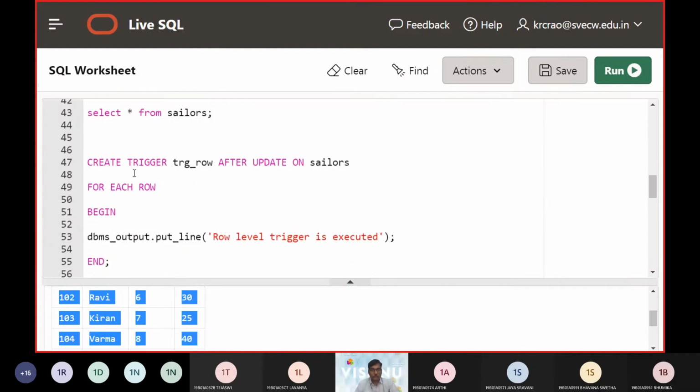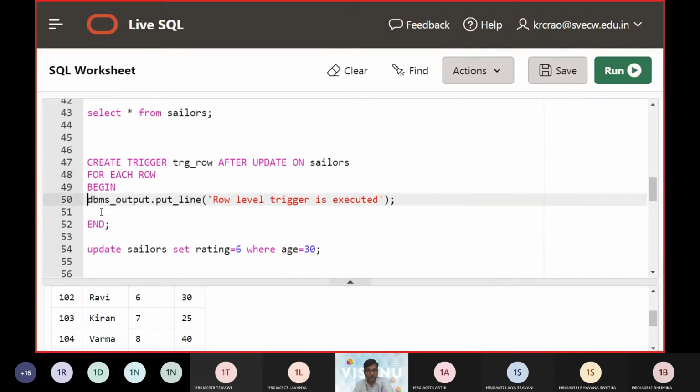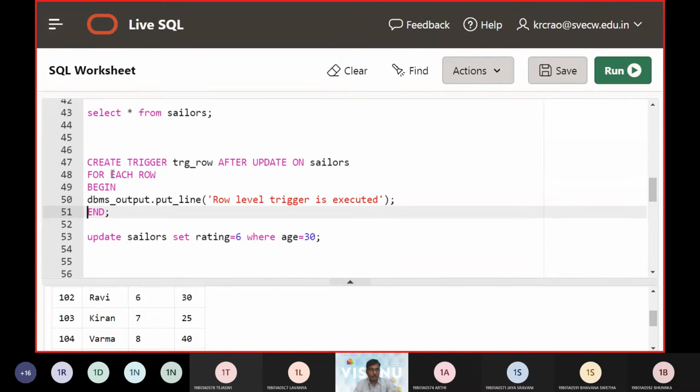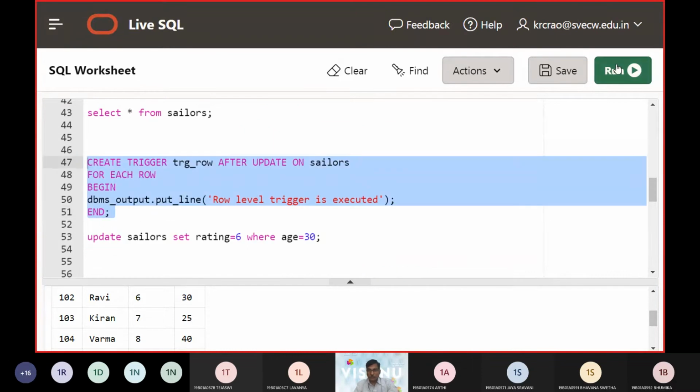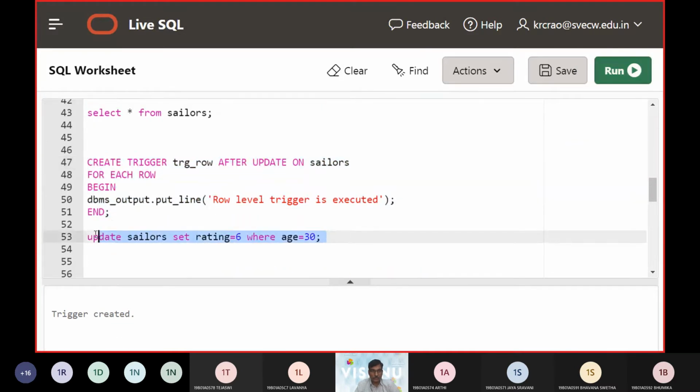Now we are going to have the trigger which can be taken up for each row. At this point of time, you can see trigger was created. Then I am going to say update Sylar set rating is equals to 6, where age is equals to 30.